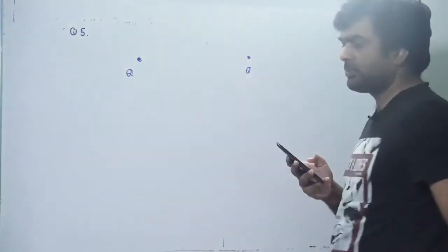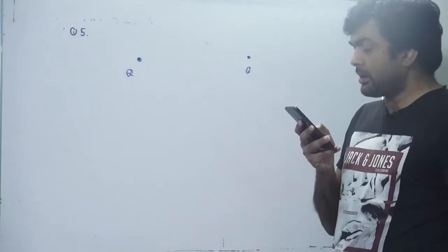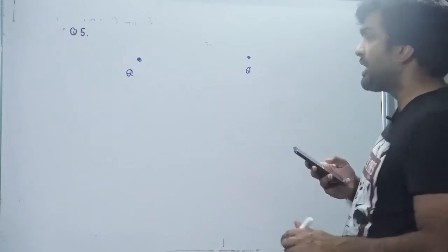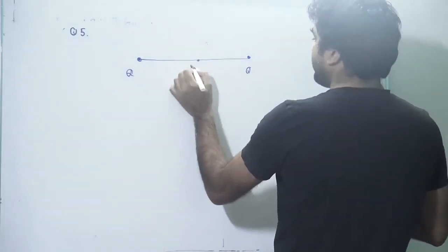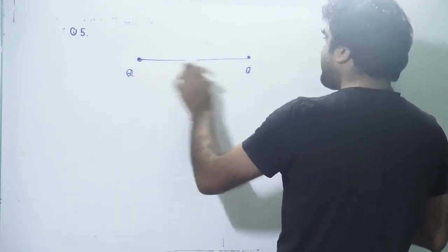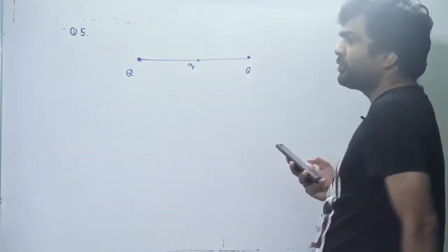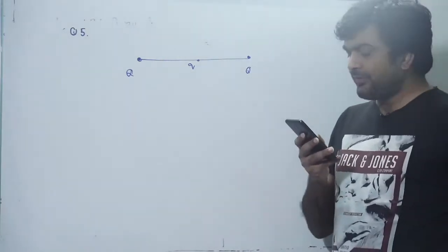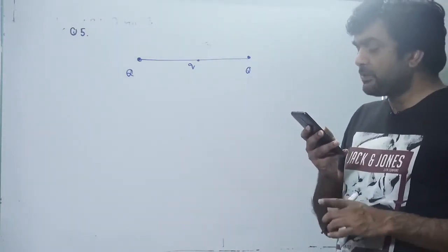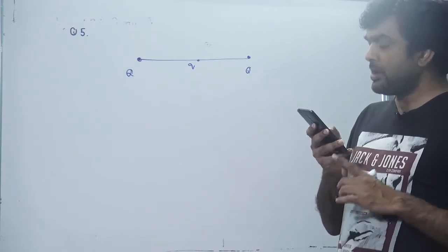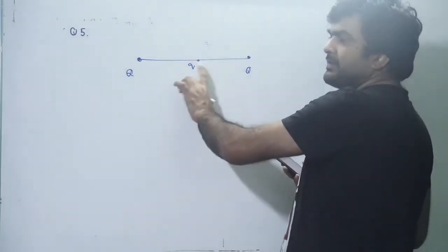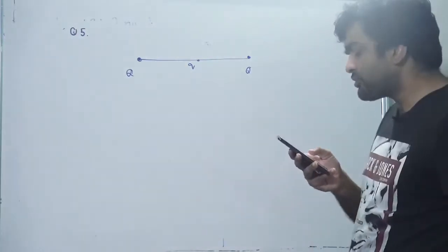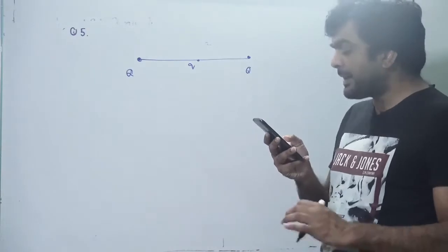So question number 5 is, there are two positive charges Q and Q, very similar to the previous question, question number 4, and a point particle P has some charge q, and it is kept in between the two charges. A small q charge is kept between the two other charges Q and Q. So we have to tell, if P is given a small displacement delta, it will undergo simple harmonic motion if this particle is given small displacement. What will happen? So we have to check for the options. It is a multi-correct option question.